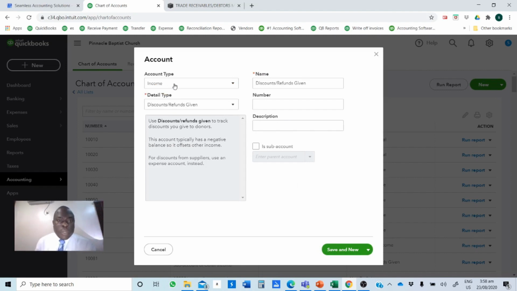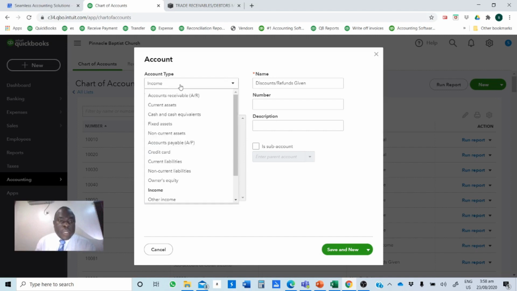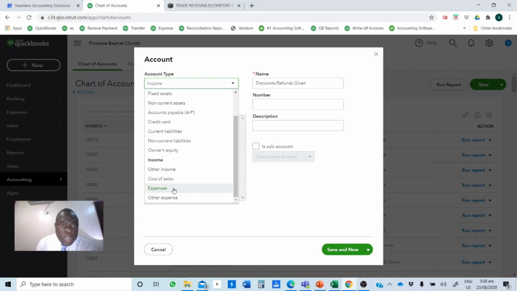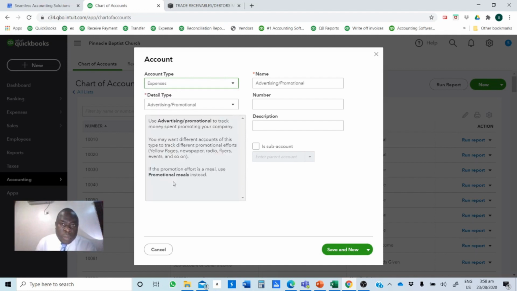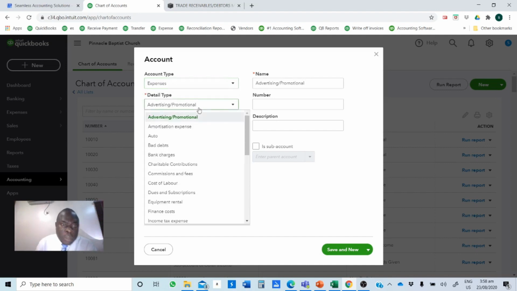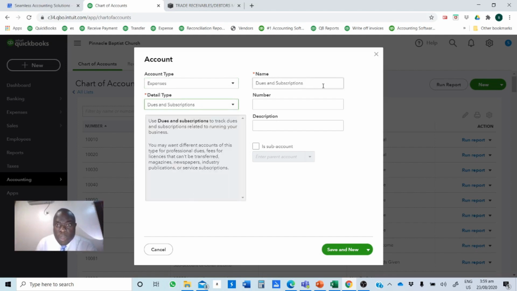So let's see whether we can create an expenditure, that's an expense account. We select the type of account, which is expenses. You can further go into the detail of the type of expenses. Let's say subscriptions and dues. Okay. We can tag the name as subscriptions